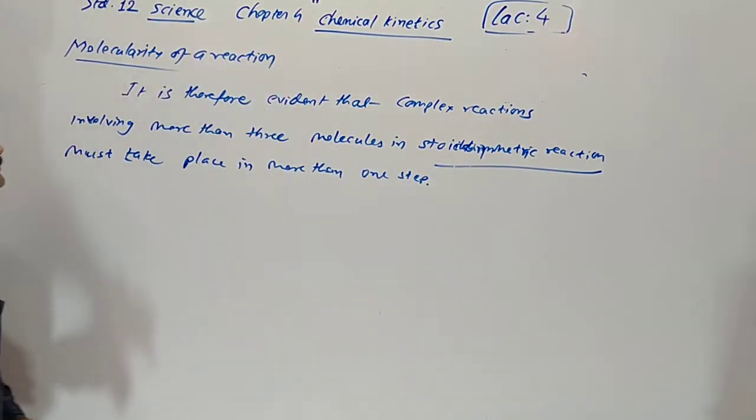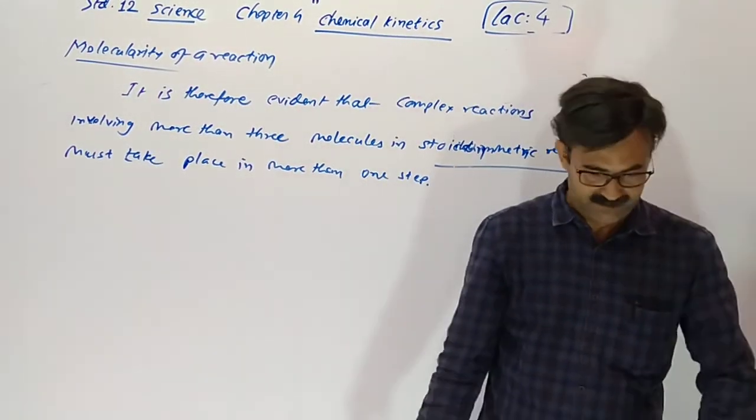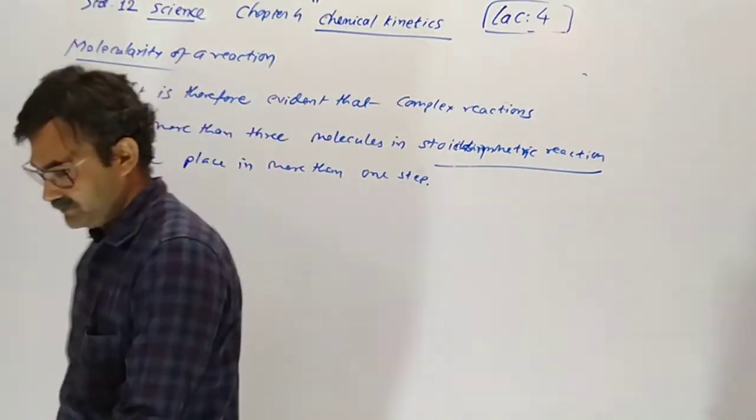That is, molecularity 1 is possible, 2 possible, 3 possible, but more than 3 molecularity